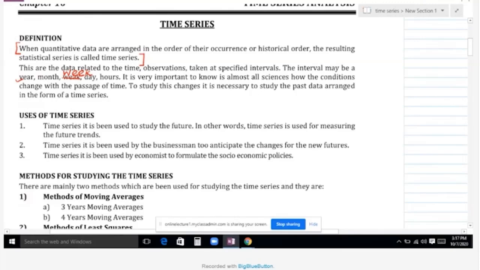It is very important to know in all the sciences how the condition changes with respect to time. और अभी का लेटेस्ट तुम लोग देख सकते हो कि due to this pandemic, 2020 में तुम लोग ने देखा ना how the conditions have got worse. ये तुम लोग ने पैंडेमिक में देखा होगा यहाँ पर कितने सारे बिजनेसेस जो है वो कॉलेप्स हो गया।